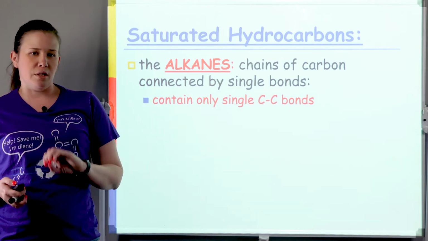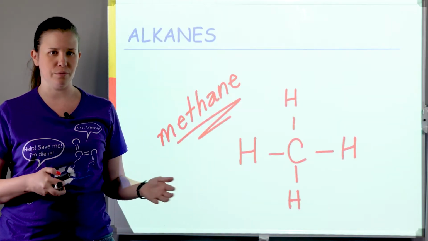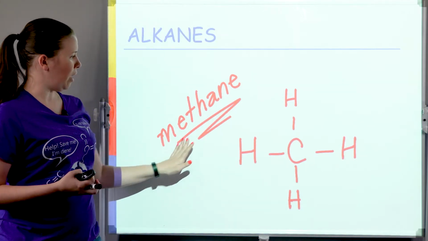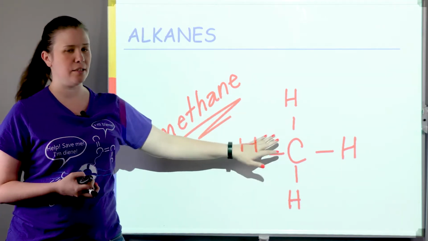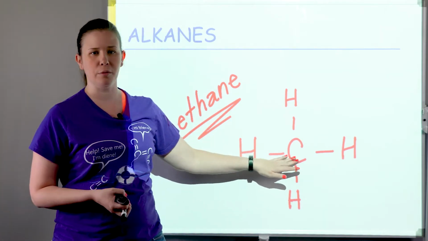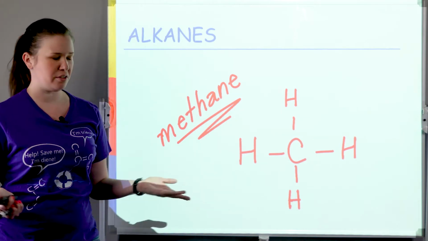So let's start looking at some of our alkanes and see how the name connects to the structure. So this is our first one, methane. Meth would mean 1 carbon, and ane would be single bonds. Of course, that's all we could have for meth, since that would be 1 carbon attached to hydrogens. There couldn't be any kind of methene or methyne, that doesn't exist. So it's just